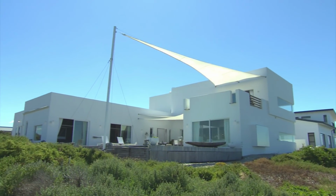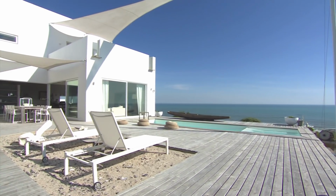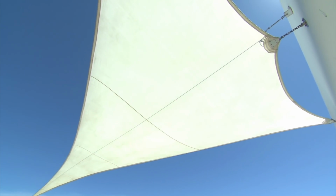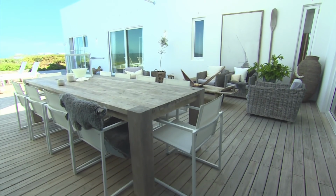What is the reason for the sails and how do they work with the structure? So that big sail especially balances the house nicely because you have the block of the house on the one side, so with the sail on the other side there's a nice balance, and it repeats that nautical idea we have with the house. You see the sails, you have the sound of the sails when they're flapping in the wind, so that is quite a nice feature to have, and you need the shade